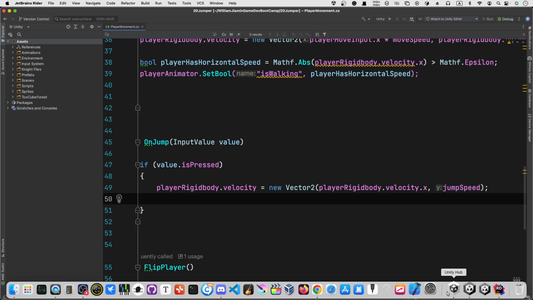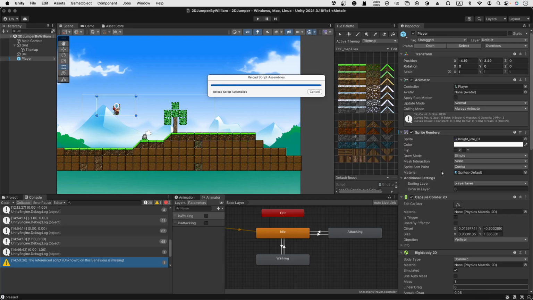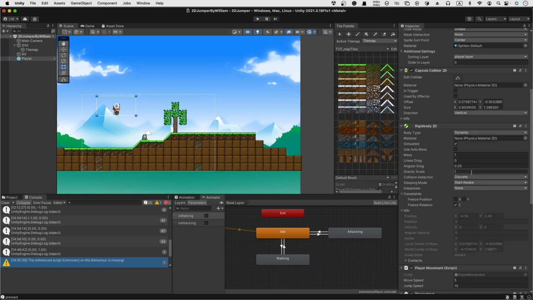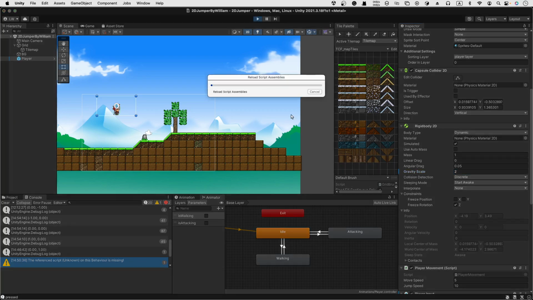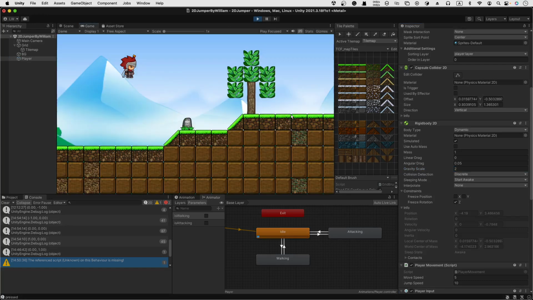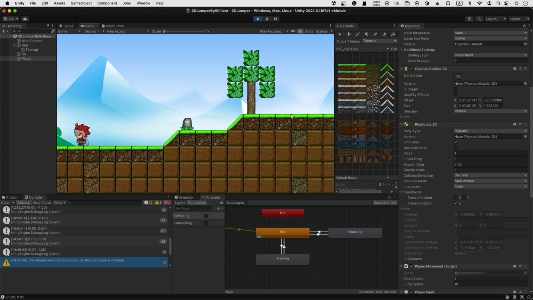I don't know whether 10 will be good or not. And then I'm going to go back to Unity, because right now the player got pretty normal gravity, but I don't want that. Okay, because it's a game, you don't want the gravity like this, maybe gravity like 2, so you just double the gravity. But because you got initial velocity pretty good, this guy can still jump over it. I think this looks pretty good, but